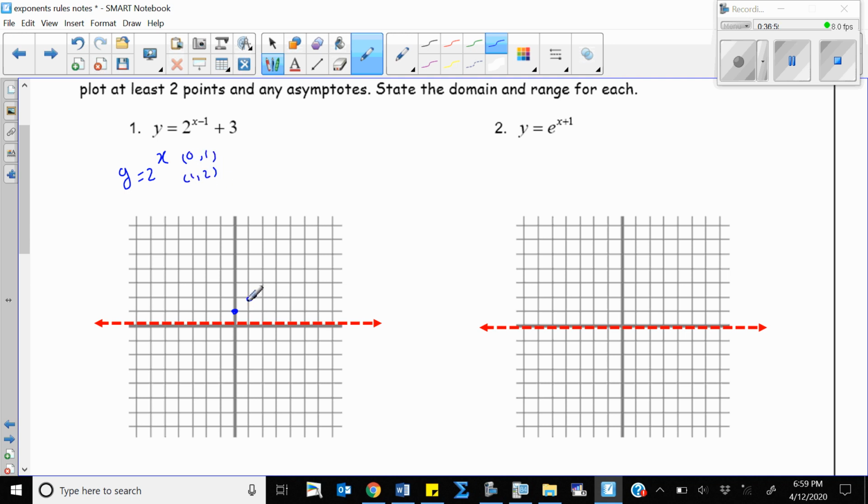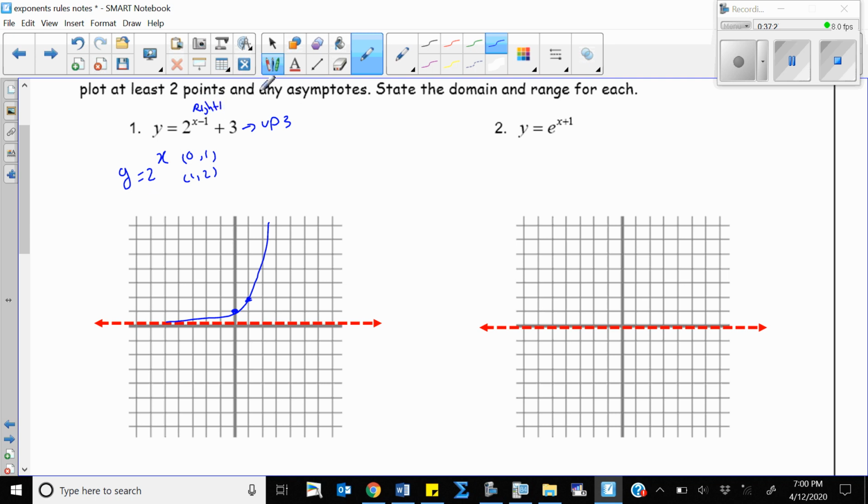So I graph them. Then I'm going to graph the parent function. So this will be the parent function. From the right side going to infinity, from the left side gets close to the asymptote, which is y equal to 0. Now, what transformations do we see here? We have plus 3 here. This means move up 3. And minus 1 means we are moving